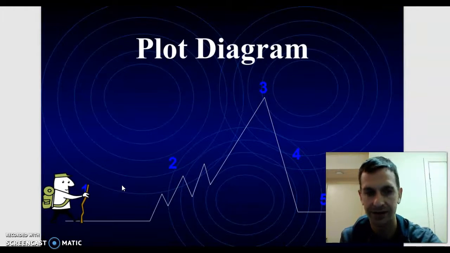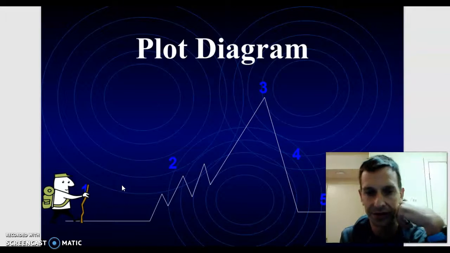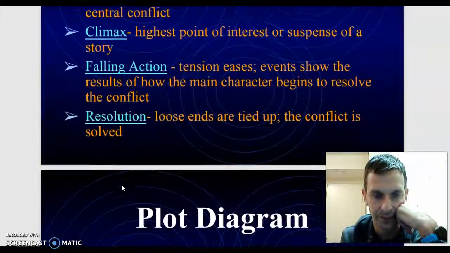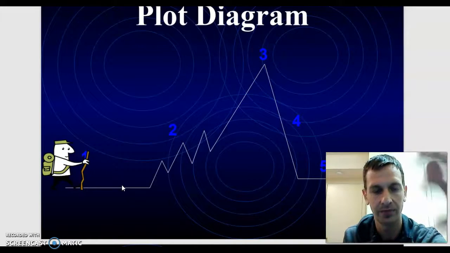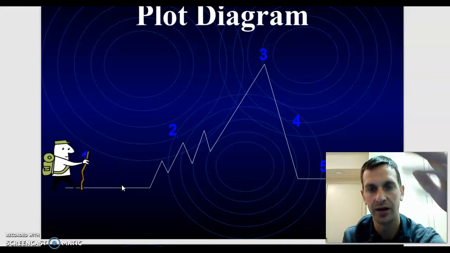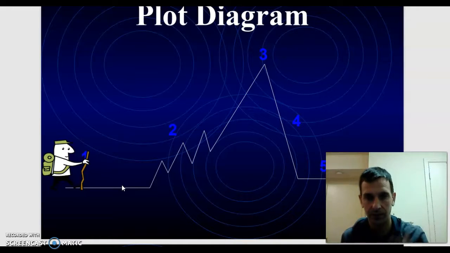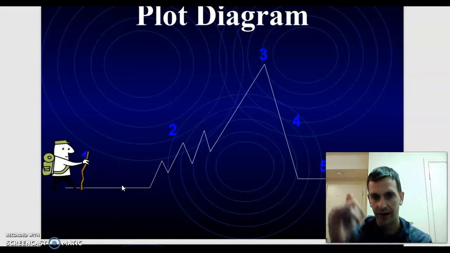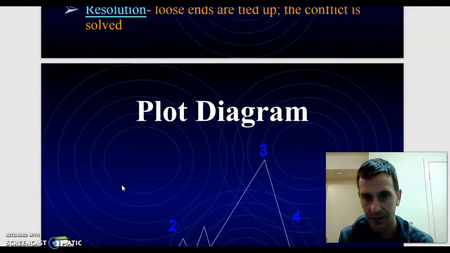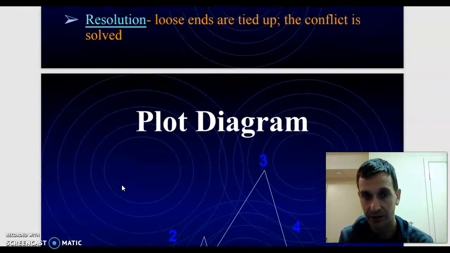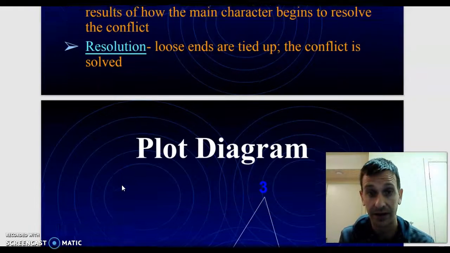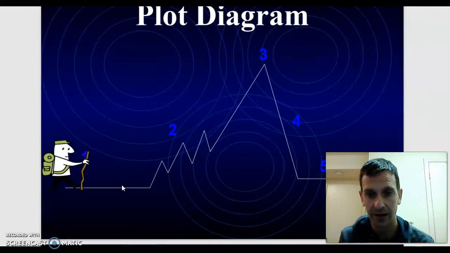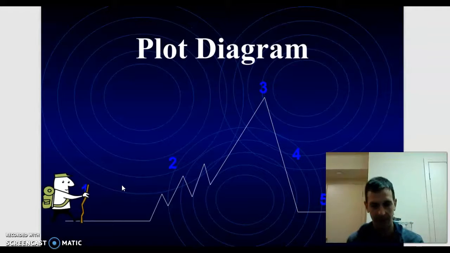What's happening, kind of just the build-up of the story, the introduction. Two, the rising action. What's happening, right? What is the build-up? The problem is introducing itself, and then the climax, what's happening at the most important part of the story. The falling action, how we're resolving the issue, how the tension eases, how the main character resolves the conflict, and then the resolution.